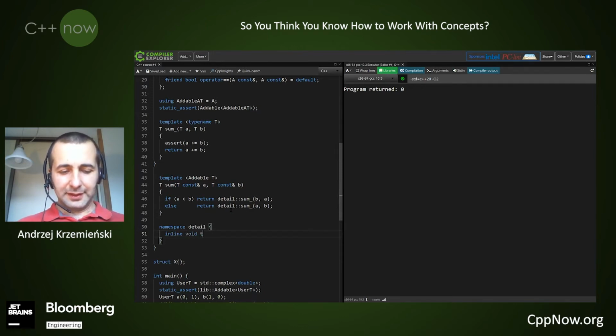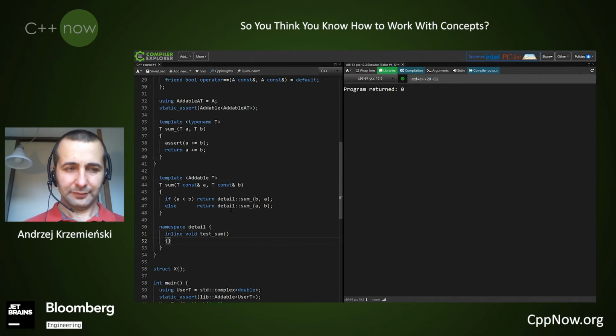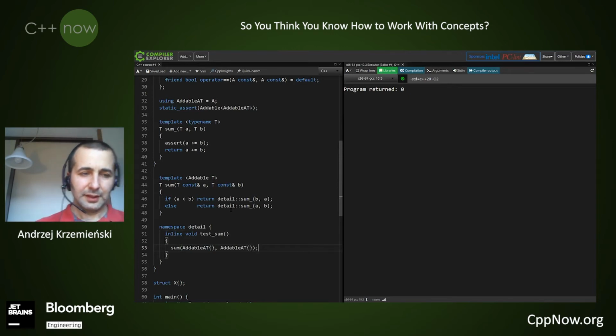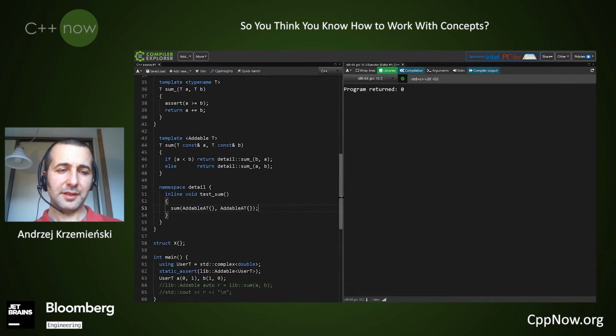Let's call it test sum. And we will call sum with double T something. And yeah, we expect that to compile, but there is something wrong here.